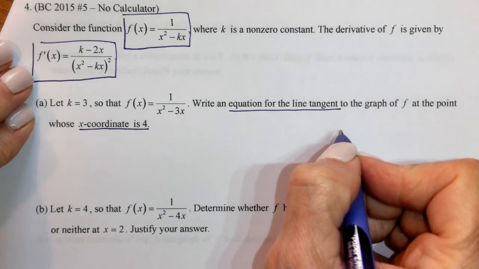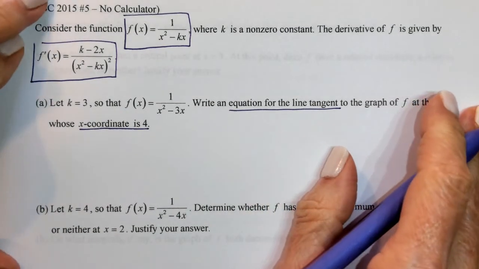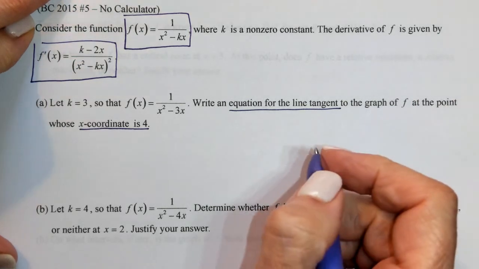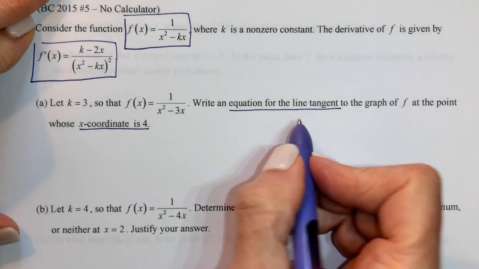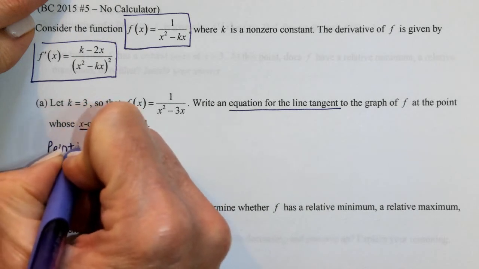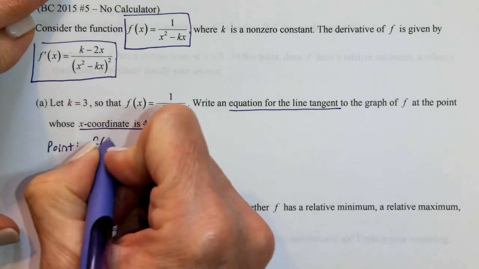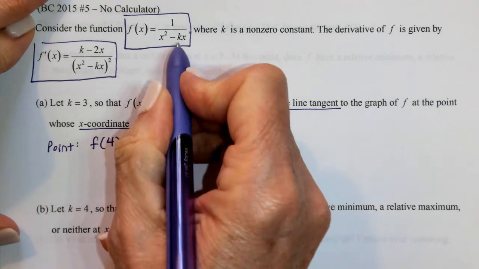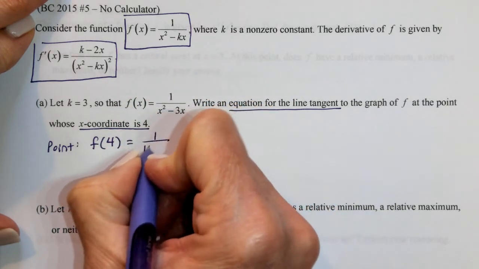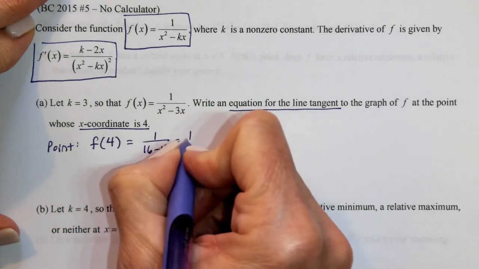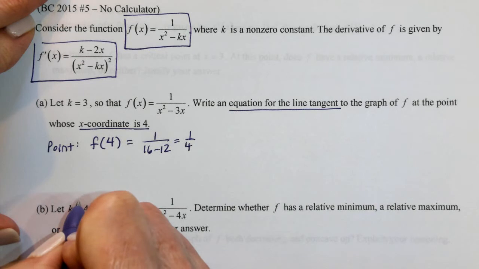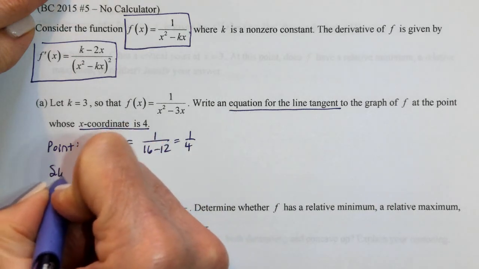Well, we have been doing this all year long. I will be shocked if you guys can't do this one. So I know you can do this one. Equation of a line, we need a point and we need a slope. For the point, that's just going to be f at 4. So I'm putting 4 in for x right here. So we'll have 1 over 16 minus 12, 1/4. So the x-coordinate is 4, the y-coordinate is 1/4. For the slope,